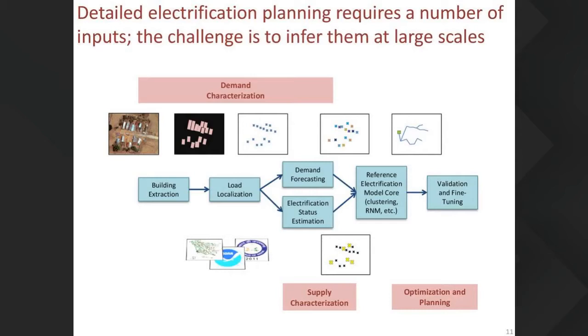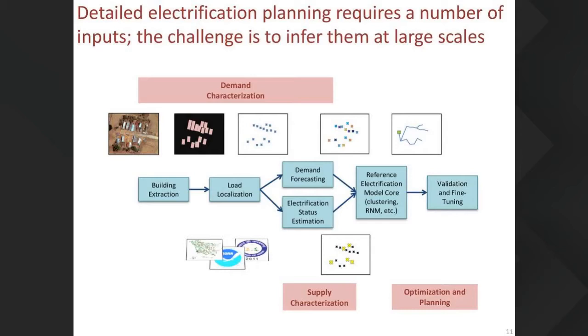Maybe in other words, load modeling, where you're trying to do a couple of things. You can classify customers into different customer types. You can furthermore provide and infer different demand patterns that each customer type would have, or probabilistic representations of this as well. And given these inputs, demand, electrification status, building locations, we can then run our model and do validation and fine tuning afterwards. So as you can see, there's a lot of input into these electrification